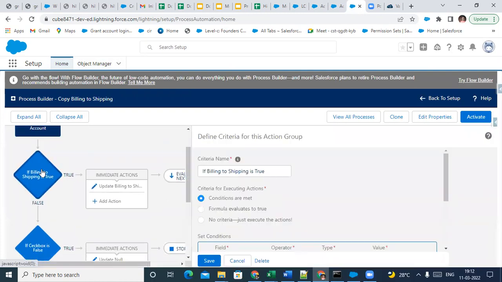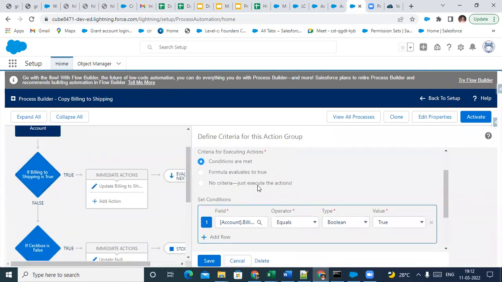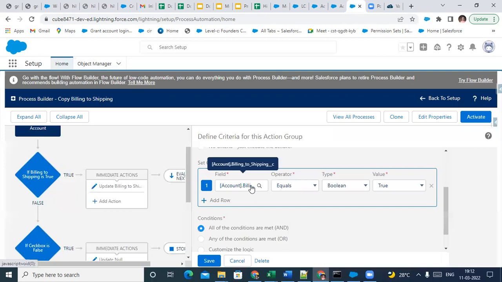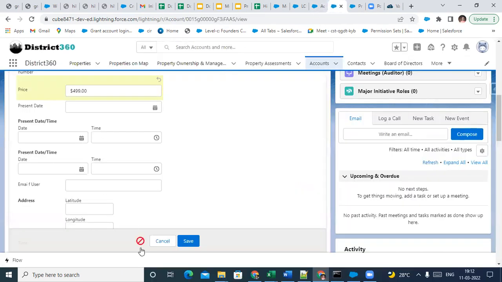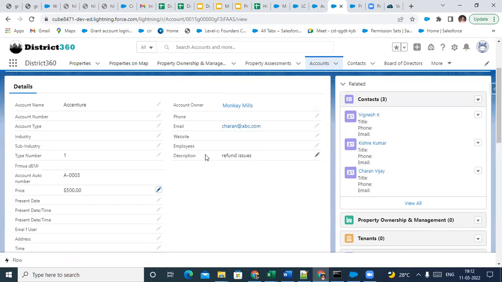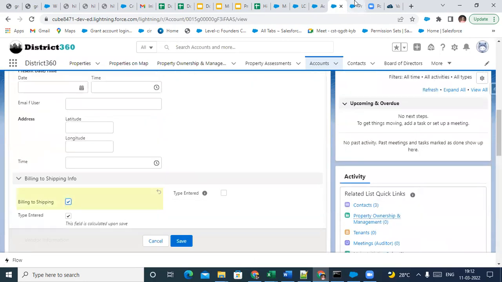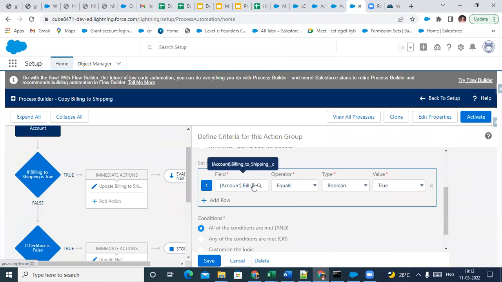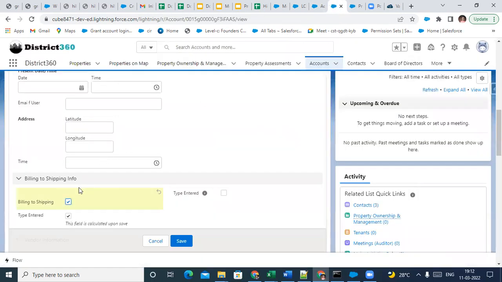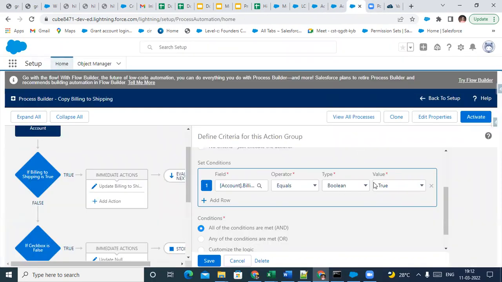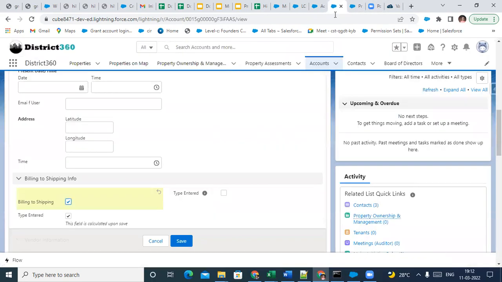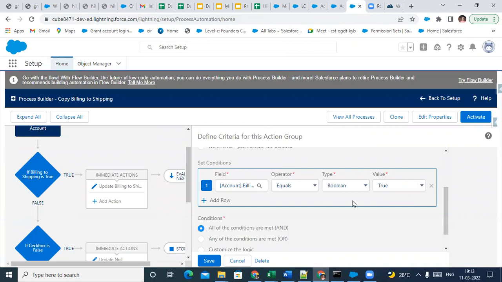The condition is like, if billing to shipping, I have a field called billing to shipping as a checkbox field. It says that if the billing to shipping field in the account object is true, if this particular record has the value as true, then